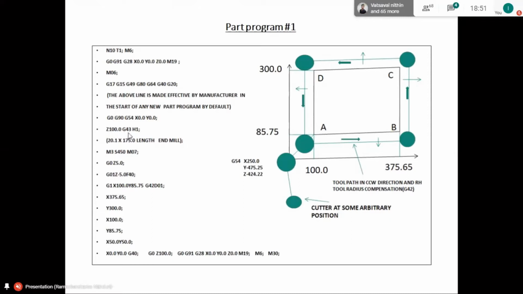So G0, Z100, G43, H1. As the tool number that we are using here is T1, the tool length has been given as H1. G43 is the activation of the tool length compensation. Z100